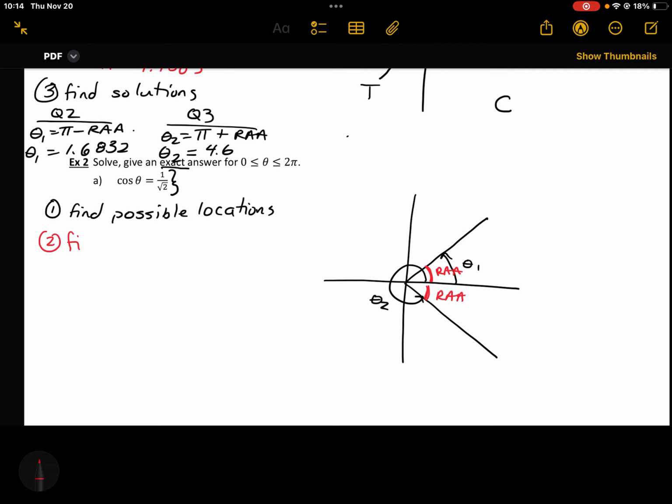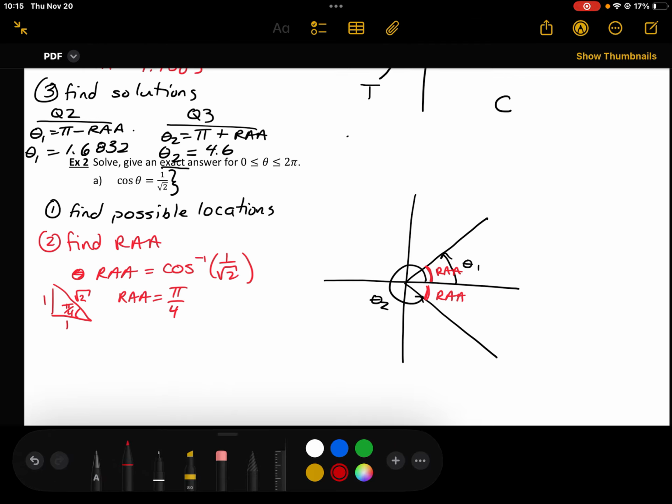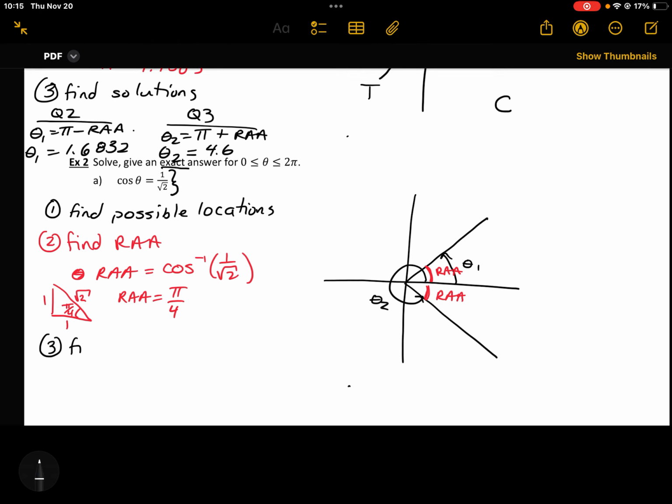In order to find my related acute angle, I am taking the cosine inverse of the right-hand side, is mathematically what I'm doing. But I also know that in my triangle, when my hypotenuse is root 2 and my adjacent side is 1, that matches my special triangle. And I know that that angle is pi over 4. So I can say exactly that the cosine inverse of 1 over root 2 is pi over 4, which is my related acute angle, which then means that I can find my solutions